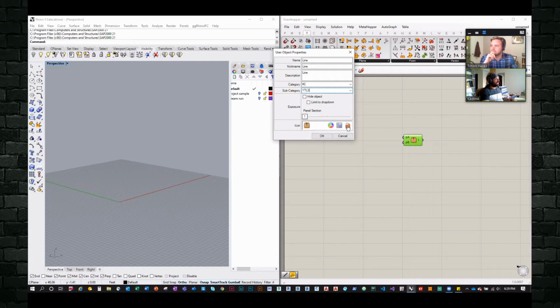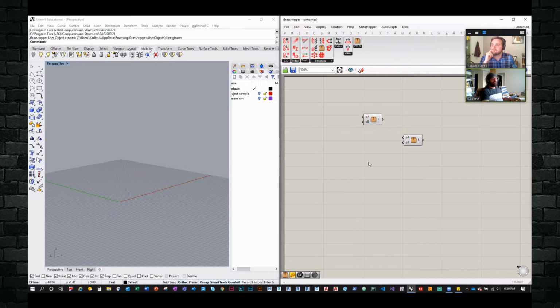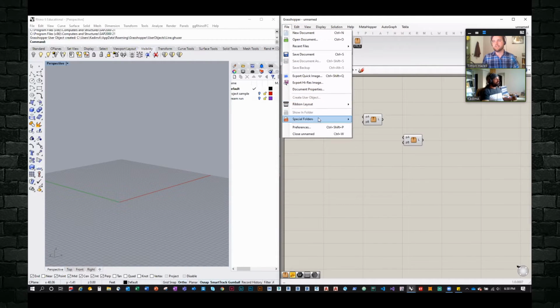And you could click on this icon. I don't want to, because it takes a really long time to select a fancy icon from an available list of icons. Or you could load, this is browse for an icon, and this gives you an icon library. I don't want to do this because it takes a really long time. You can just say, okay. So now if I go to my KC tab, I have YTLS new toolbar created, and that has the line component in it. So everything you've created, you just export like that, and then you can import it on any other project that you needed.